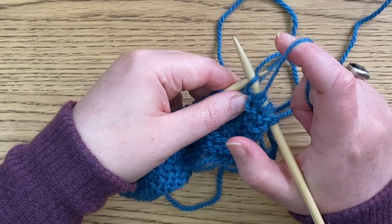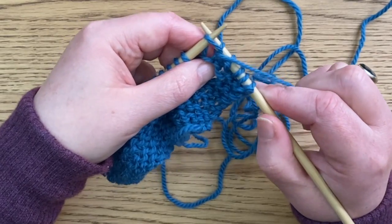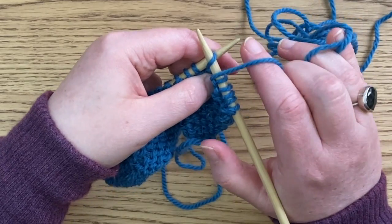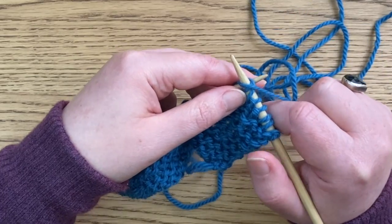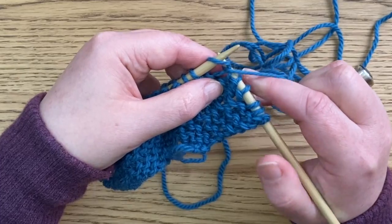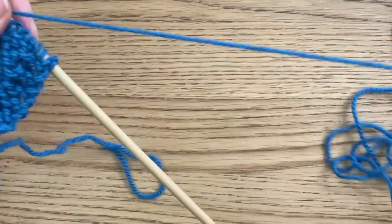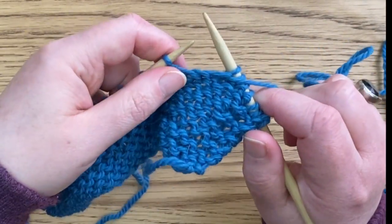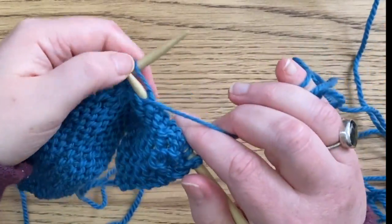So the yarn goes around and I pulled it through. But as I'm pulling the yarn around, my fingers are further out. And then they close in and I'm holding on to the needle again, like that. So out to make the stitch, and then in, out, in, out, in,